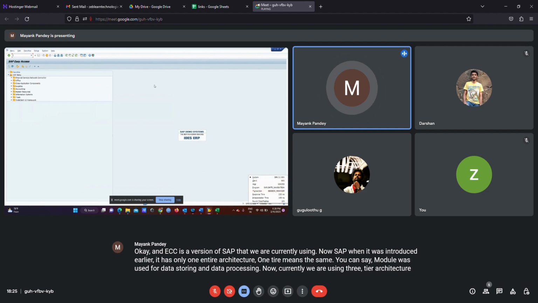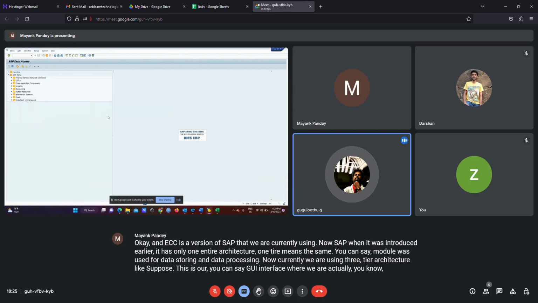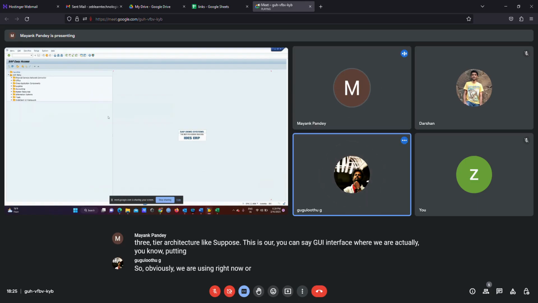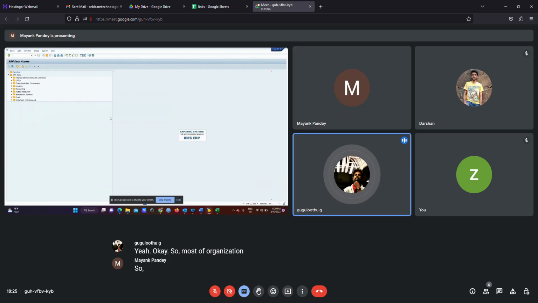Suppose this is our GUI interface. We are using R/3 as of now, which is three tier. Most organizations right now use R/3 or S/4 HANA.